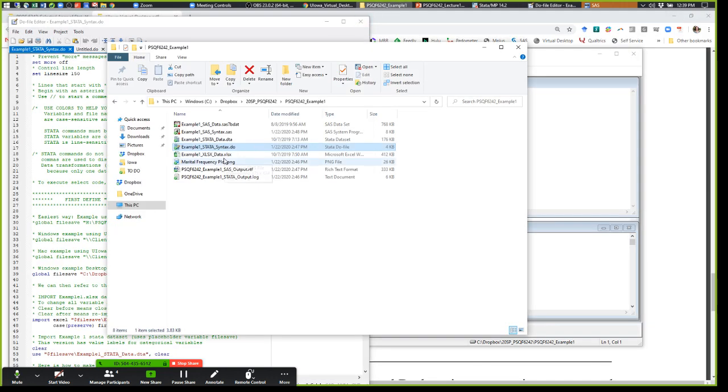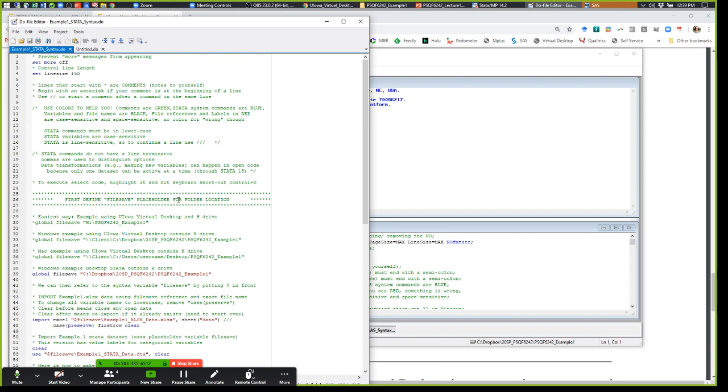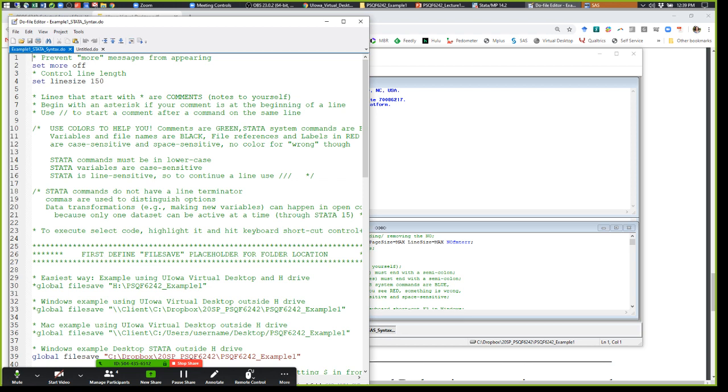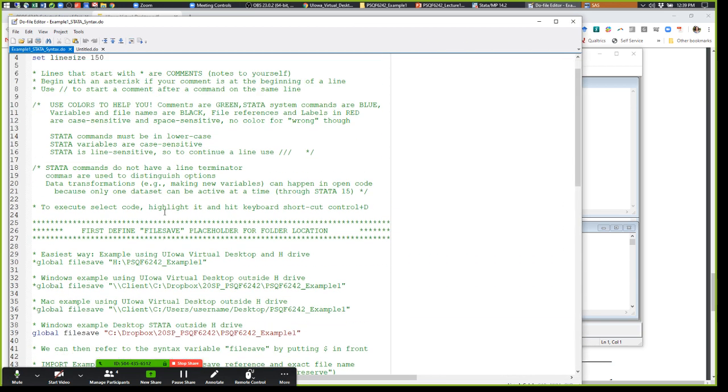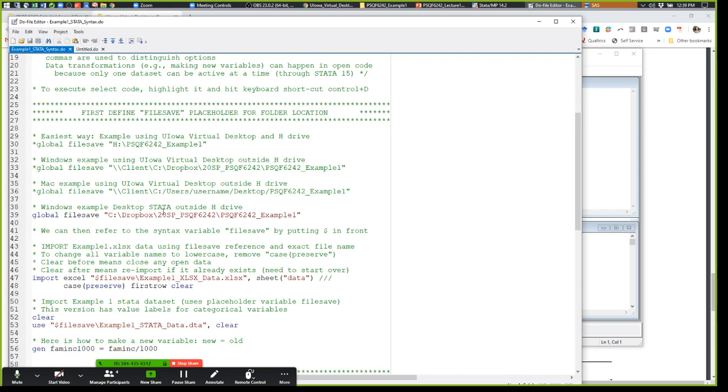By the way, the good news is that these files that I'm opening up, so I'm inside the folder for homework 1, or excuse me, example 1 that I had posted. The files for syntax, the ones that end in .do for Stata or .sas, those are just text files. You can open them in any text editor. You can edit them in any text editor. There are different colors that signify what things mean that we haven't talked about yet. Those colors won't necessarily appear, but otherwise you can look at them and edit them. So I will point to the part that I'm talking about. This is within the Stata version here. All this green stuff, this is comments, by the way. These are just instructions or notes. It's this line right here that refers to a path.